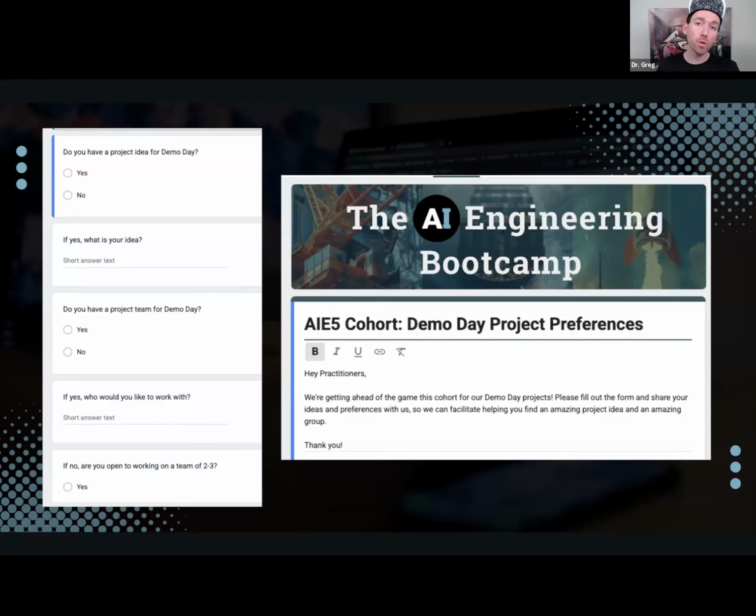With this cohort, we're going to try to give you additional support with teaming, maybe do a little teaming mixer within the next few weeks. And then for the midterm project, we want you to prototype a first cut at your demo day project. We'll walk you through all those details and do it with the team you plan on doing it with.